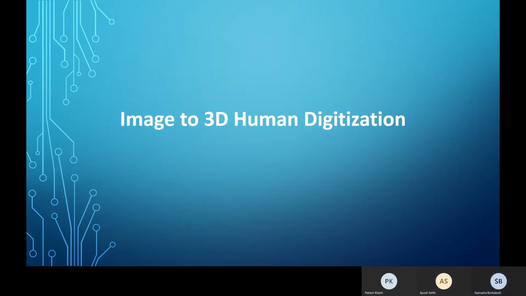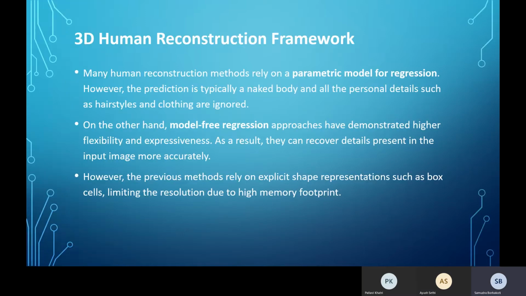Okay. So first, we'll learn about what a 3D human reconstruction framework is. There's a term that the ML scientists put for this kind of method. Many human reconstruction methods rely on a parametric model for regression. There are basically two types of models.